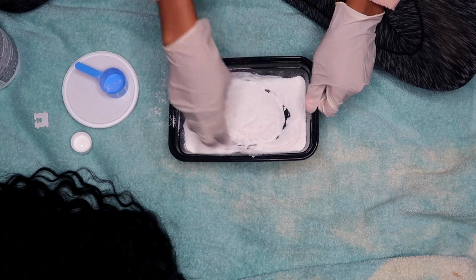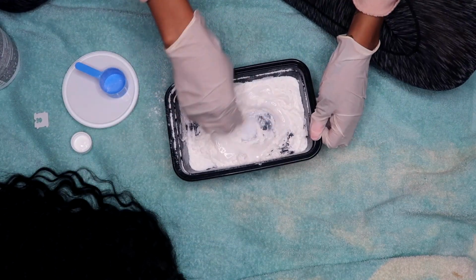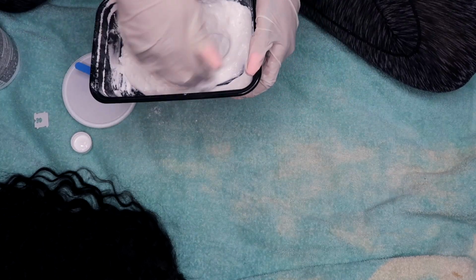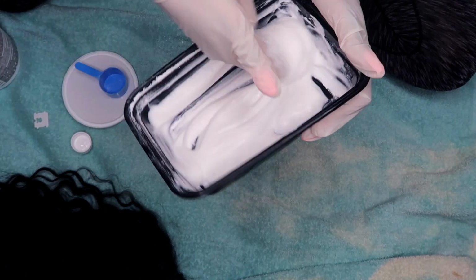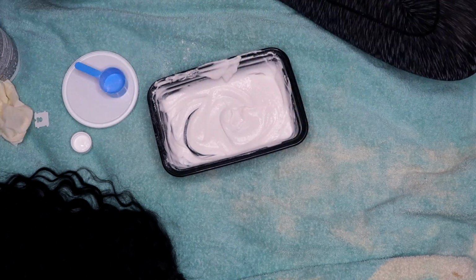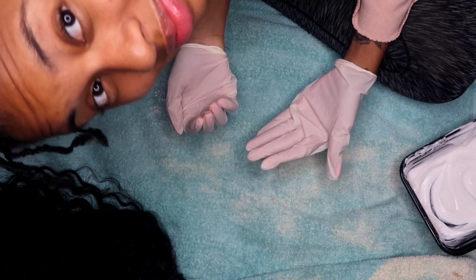I don't have a brush, as you will see the whole time. It's better and more efficient when you use a brush, but I'm using my fingers. It's gonna do what it's gotta do. So we're mixing until we get that creamy consistency that I was talking about earlier. Once you have the creamy consistency, I like to put on a fresh glove because